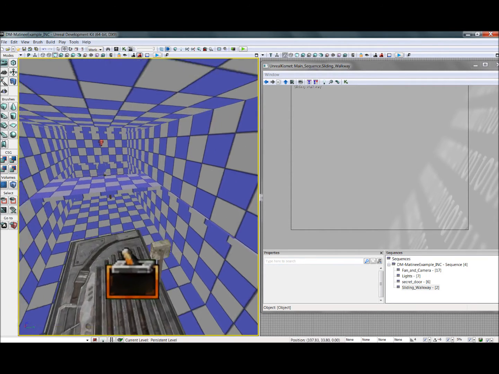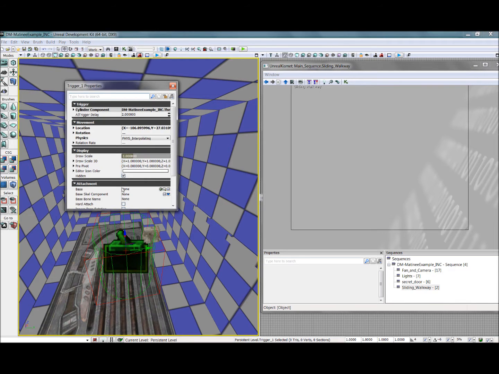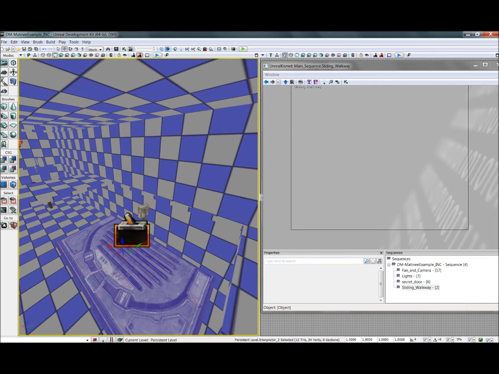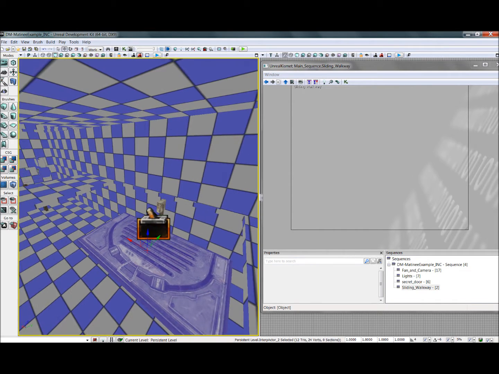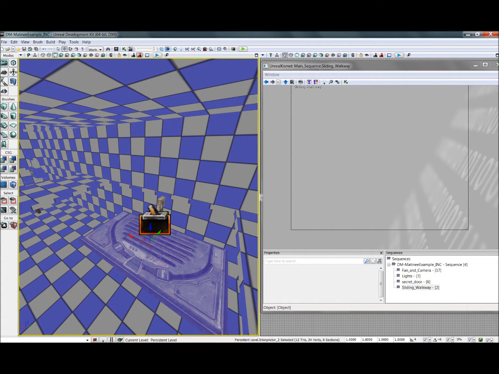I've set up this platform here, and I've ensured that all of these are set to interp actors and have interpolating physics. Now this switch here, if you open the options with F4, can also have interpolating physics. So that will animate just fine. So the first thing I want to do is set this platform to go across this little hole here and